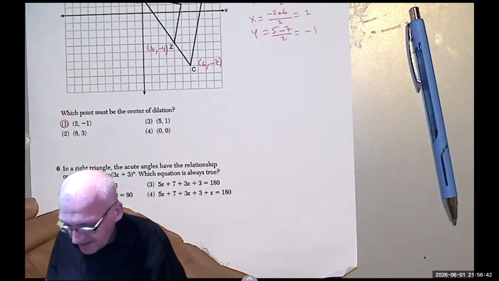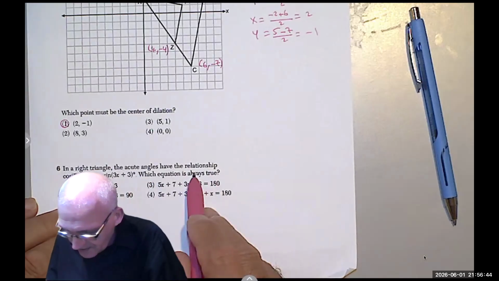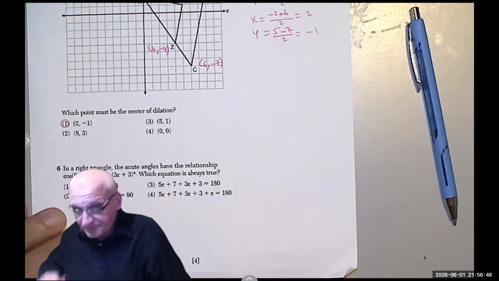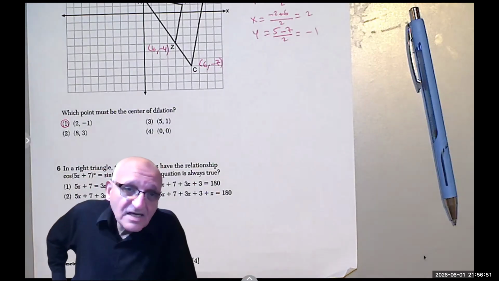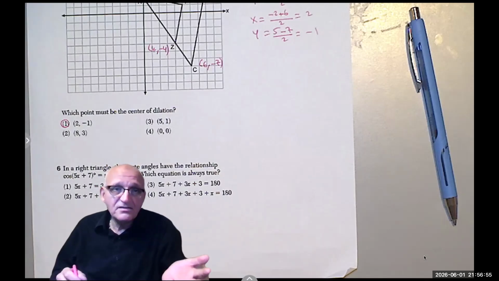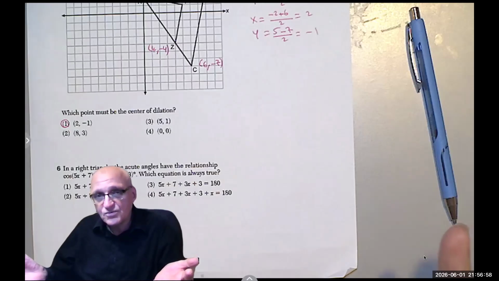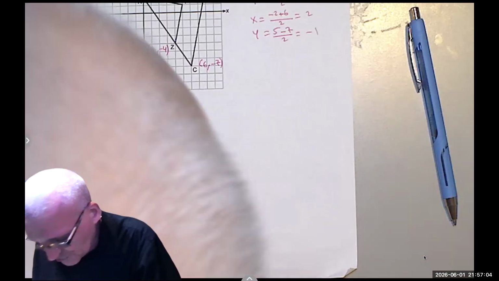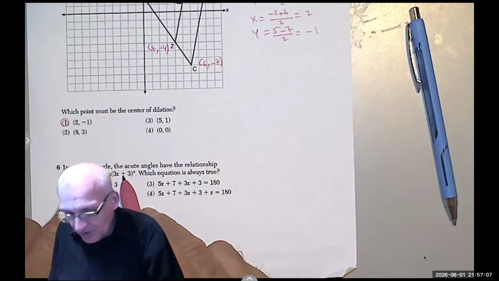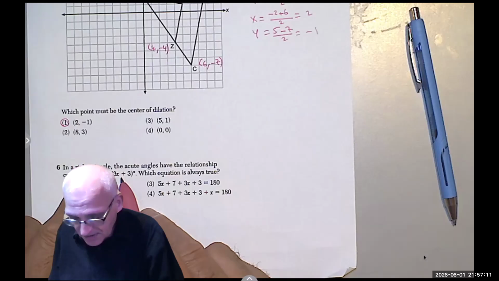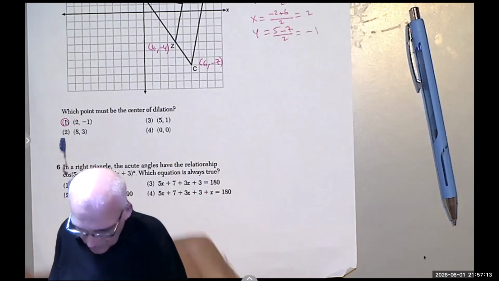In a right triangle, the acute angles have the relationship cosine of this angle equals sine of that angle. We know that the sine and the cosine of complementary angles are equal. So for example, sine 30 is 1/2 and cosine 60 is 1/2. 45 and 45, you get the same thing, root 2 over 2 and root 2 over 2. So we know that the measure of these two angles should add to 90 degrees. So it's number 2,